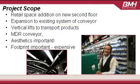This project was created due to the need to expand their current system to service a new second-floor retail space. There was an existing system to service the first-floor sales area. B&H's scope was to expand and update this system of conveyors and vertical lifts to service the new second floor